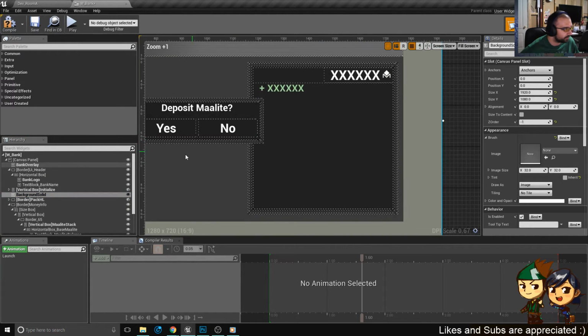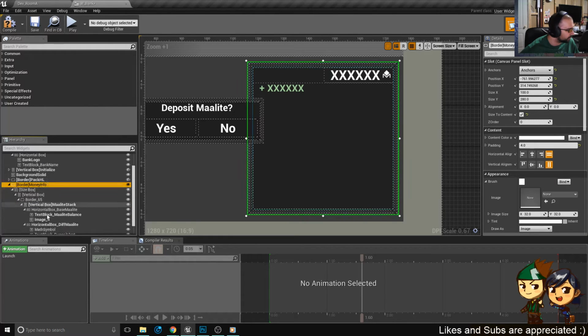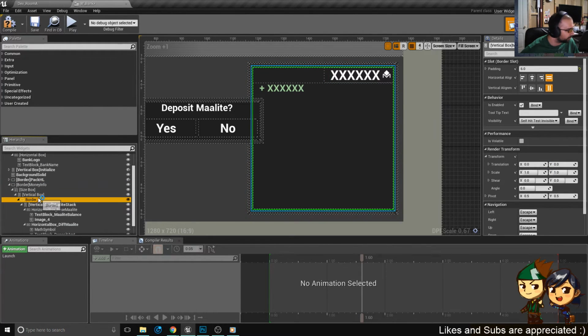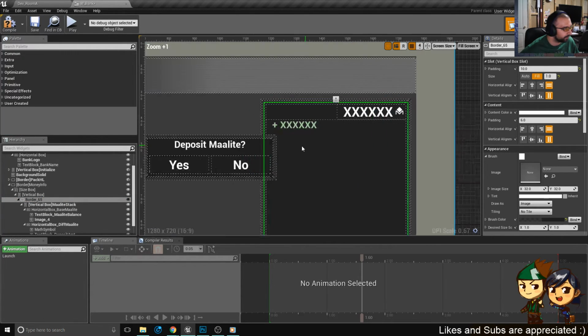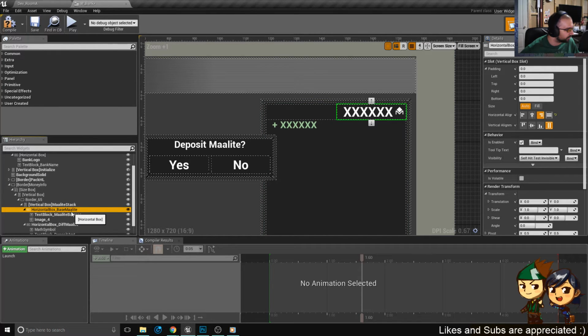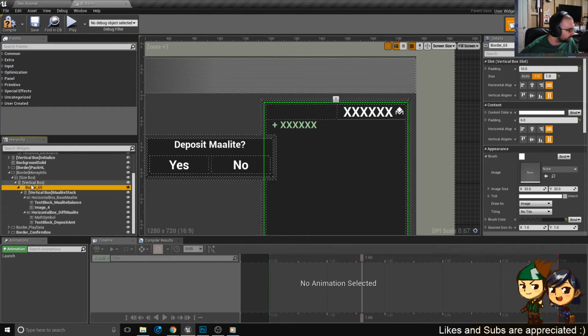And what I'm thinking of doing here is creating a thematic color tone for this user interface to separate it from our usual kind of gray. I want something a bit brighter and featuring the bank's color, which is green. So let's see. Inside this